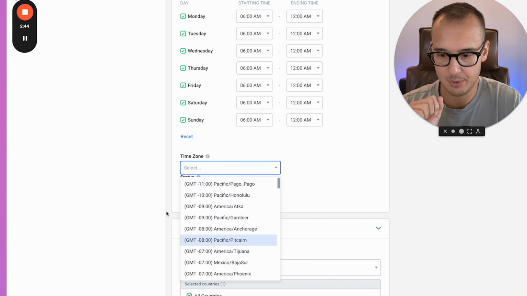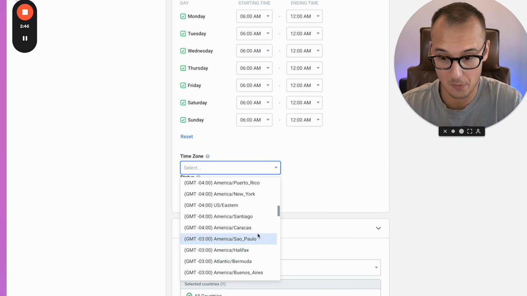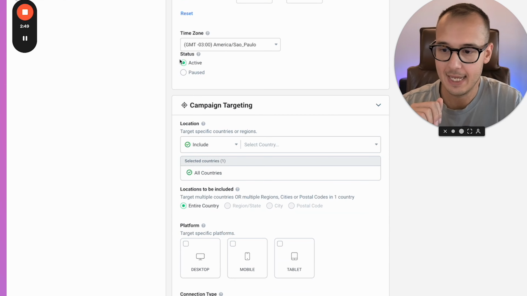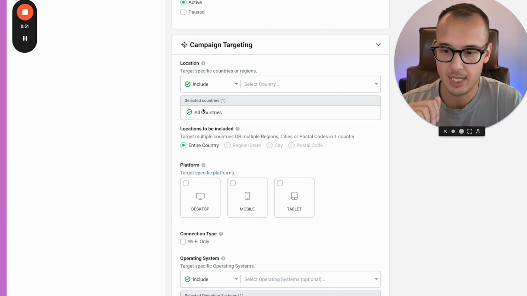Then just select the time zone. Please select the right time zone, which is obvious. I just select anything here, doesn't matter. Status should be active afterwards. And location,